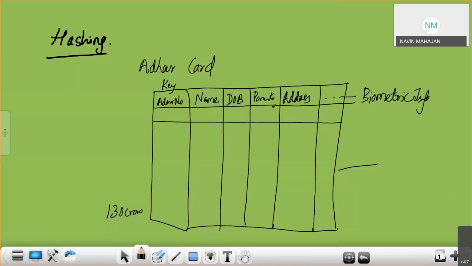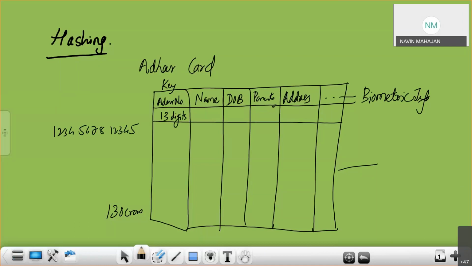Now, this is an example I'm taking. It might not be proper, but it is an example where we can see how the hash function works. Suppose this is 13 digits: 1 2 3 4 5 6 7 8 1 2 3 4 5.